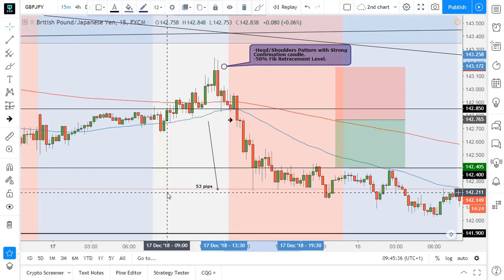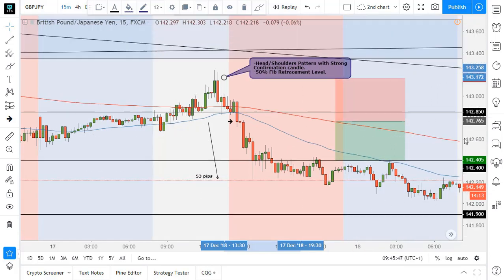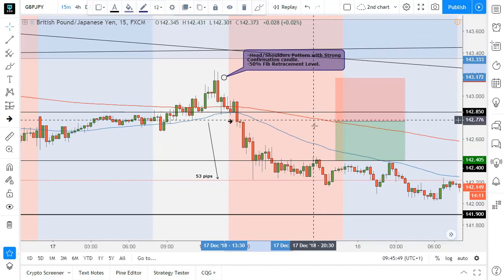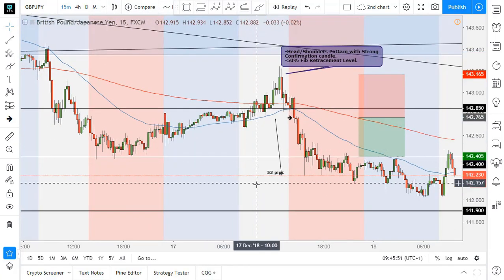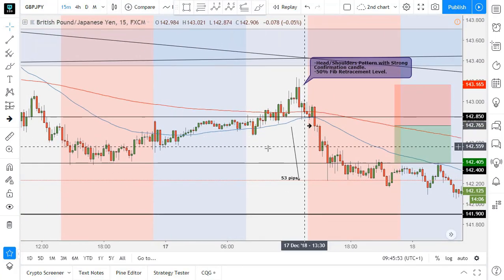So in this video, we're going to go through my analysis behind the GBP JPY trade that I took yesterday. So we're gonna make it a quick video and straight to the point. We'll analyze exactly why I did take this trade and the confluences behind it and everything. So looking at this,